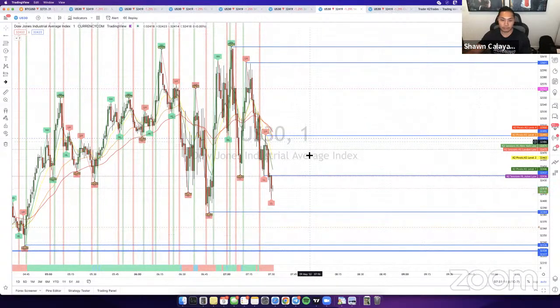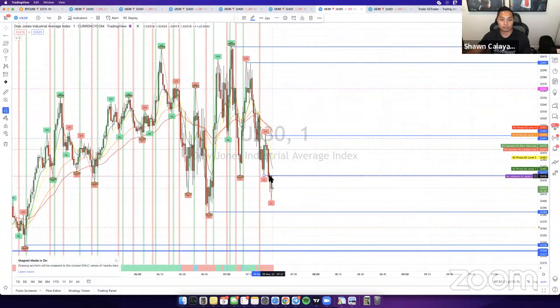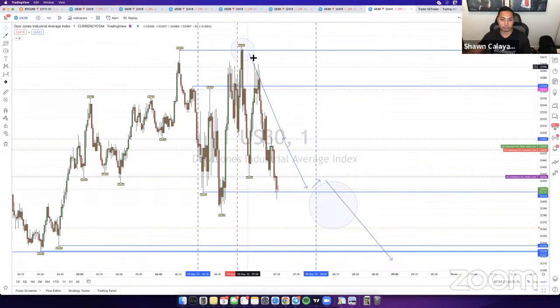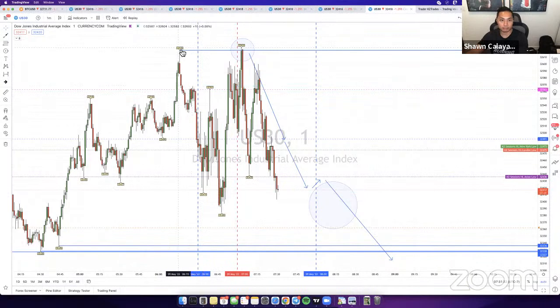All right, so other than that, guys, price is exactly where we want it to be. I mean, we're pretty much just looking for an entry now at this moment. Price did exactly what we anticipated, right? This is why we're looking for no buys today, literally no buys. We're only looking for sells, and it played out exactly how we anticipated.